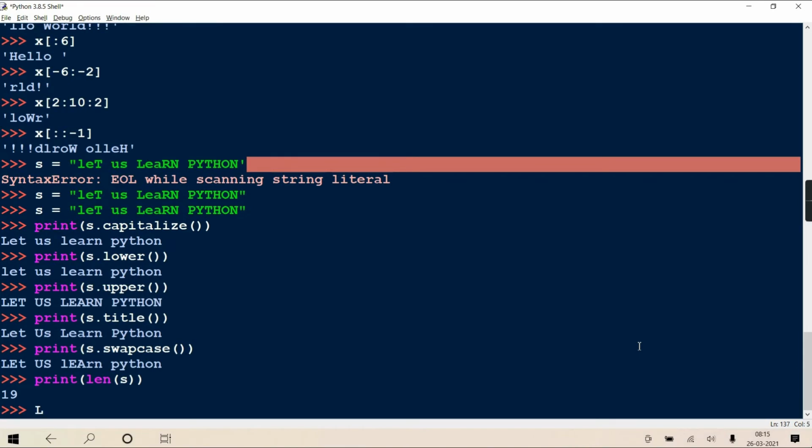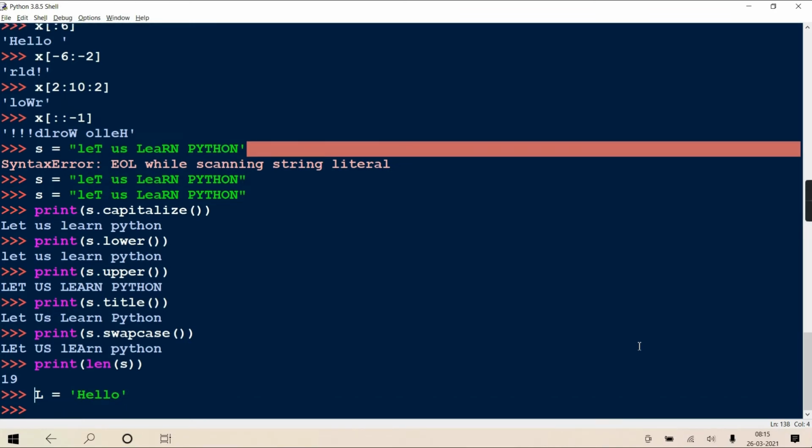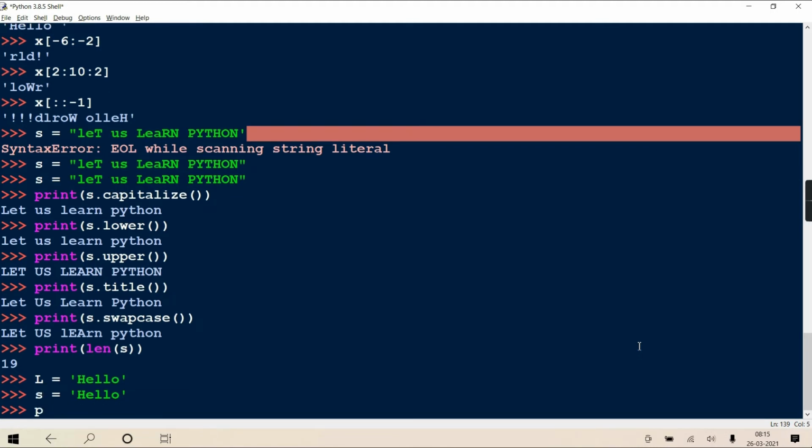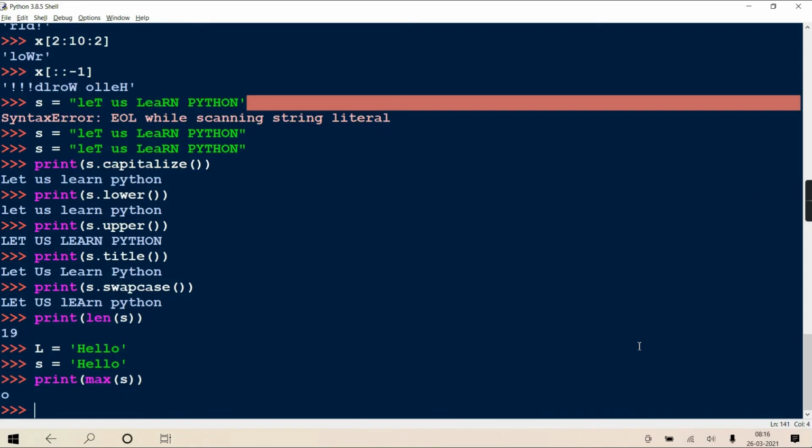Like if I take s equal to hello, whatever you write, as it's a string, I'll store it in s. Print max of s. Okay, so it gives O because in this string alphabetically O is going to come late. Actually those are already in alphabetic order, no issues.